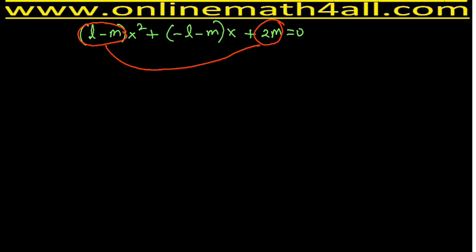So students, please listen to me carefully. If you want to solve any quadratic equation using the method of factoring, the constant term is to be multiplied by the coefficient of x squared along with the sign. Here the sign of the constant term is positive, and here we don't have a sign in front of the coefficient of x squared. We can assume there is a positive sign. So when I multiply, positive times positive will be positive, and 2m times (L − m)